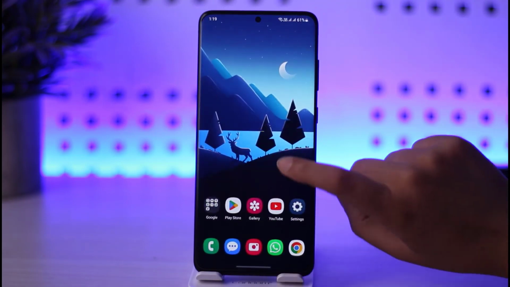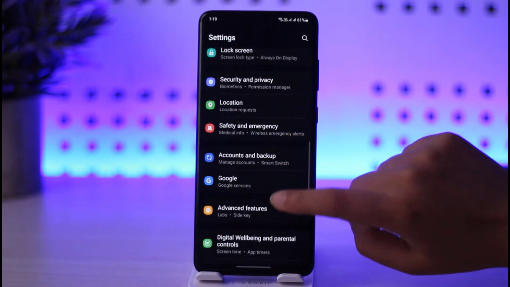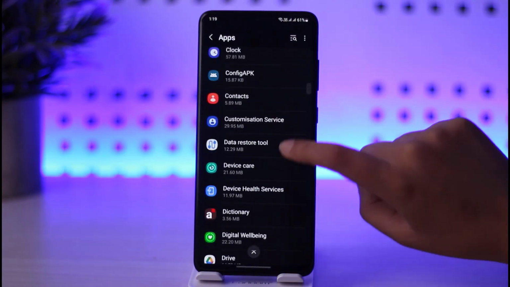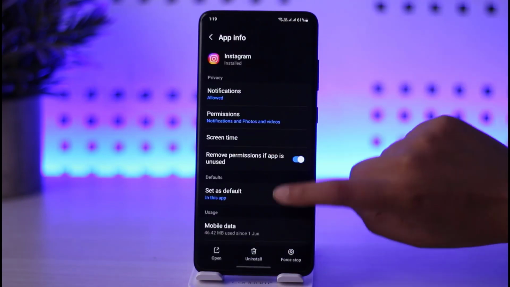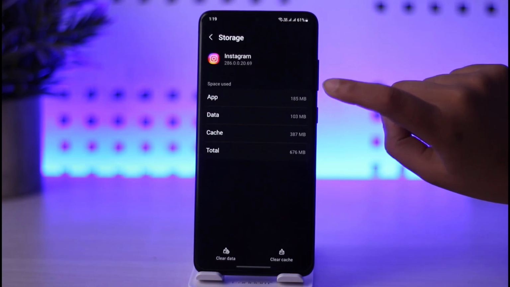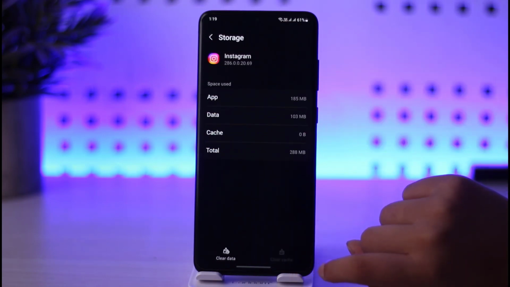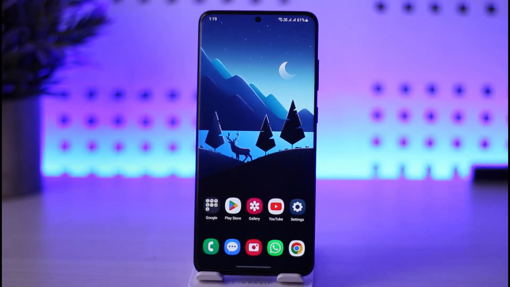If it's still not working, what you can do, go to your settings over here and you will swipe down, find this option called app slide over, and go ahead, find the designated app of ours, Instagram. And once you find that, you can go to this option called storage over here and you can clear cache from your Instagram. Tap on this clear cache over here and you will clear your cache from your app right there. That way you will also make your Instagram app work a little better,